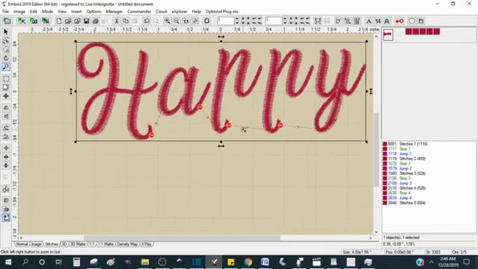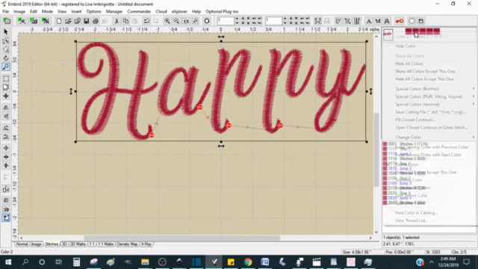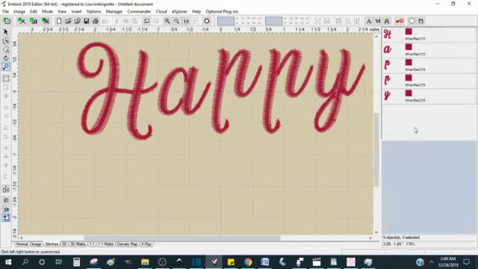So from here, I would never use this because of the way it was digitized. They're ending in the wrong places. If this is a cursive font, it should end up here so that it could be connected. This A should end up here, and so on and so on. But at any rate, what you would do, separate all colors,